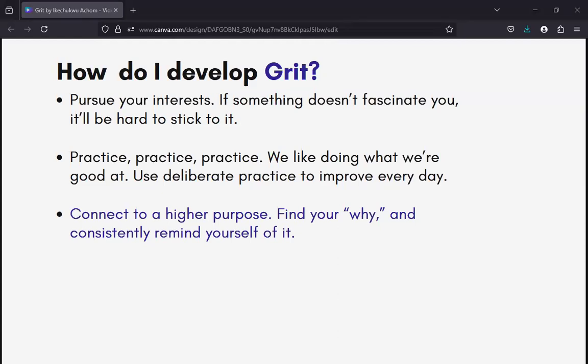It could be that you want to have a positive effect on the nation, on the world, yourself, your family, your community, whatever. Find out